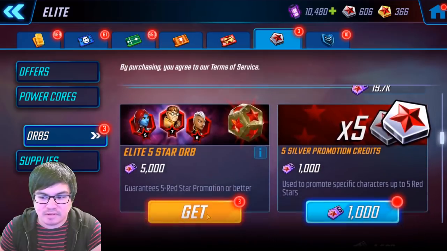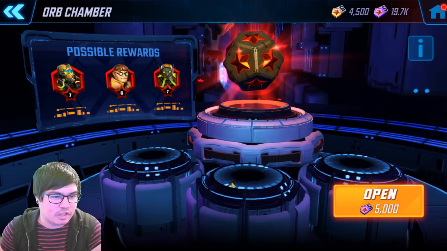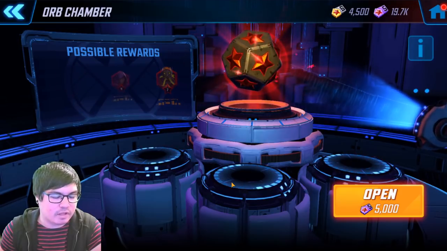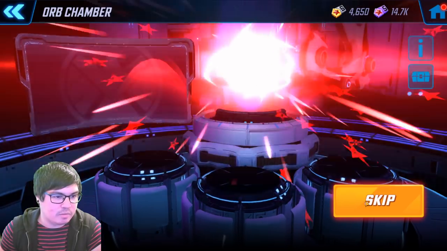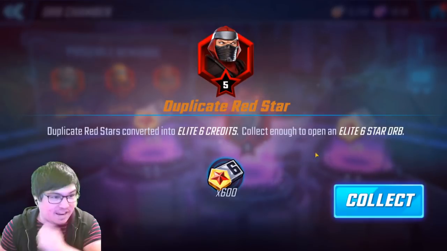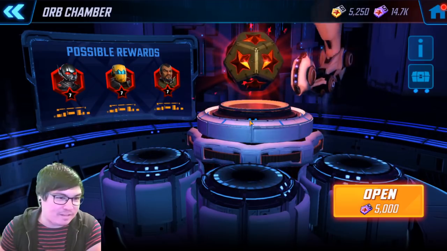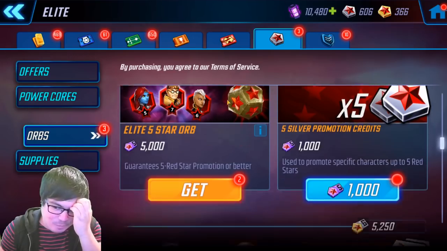You know what? We're just going to pull this Elite 5, and I think we might even get back to another one, potentially. So, I want to save at least 2. So, let's pull this one, and we might get one more after if we need to. So, let's open this. Get a pink again. Get 5 Hand Sentry. And that's a dupe. Okay, so that actually put us up to the Elite 6 Orb, which